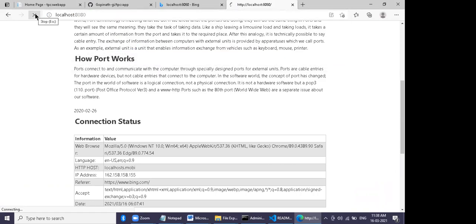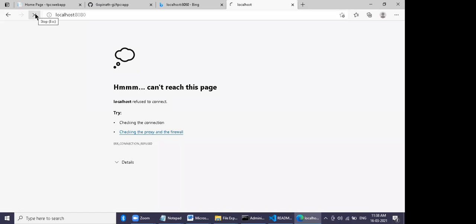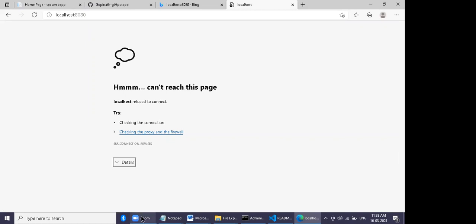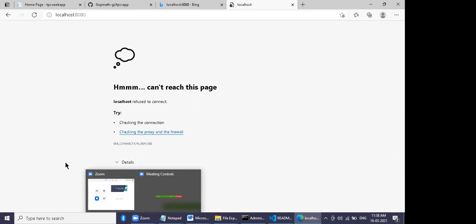I hope this is the Jenkins you have, or you have some other. It was 8080, or you have given something else. Can you open Firefox?